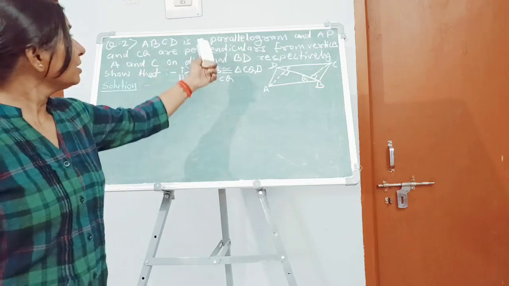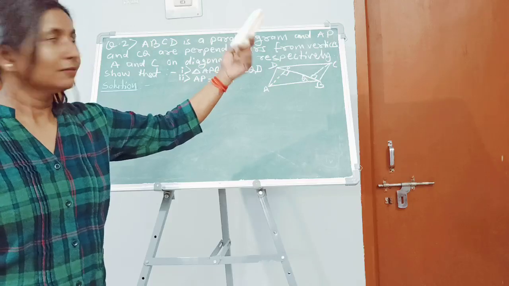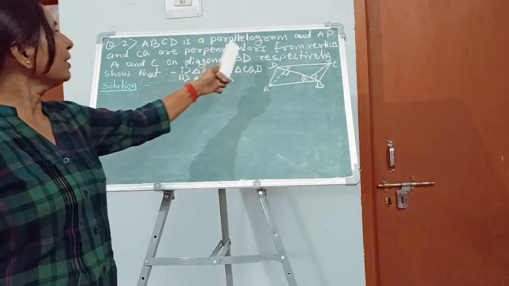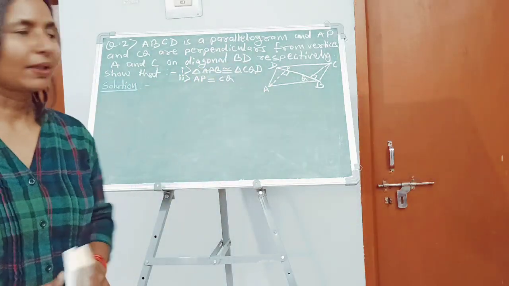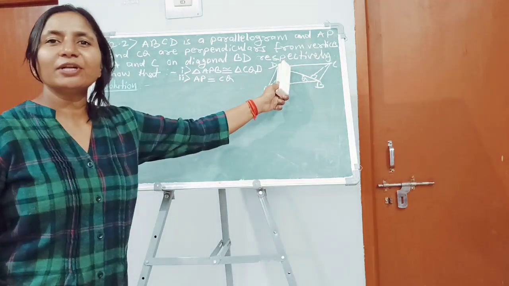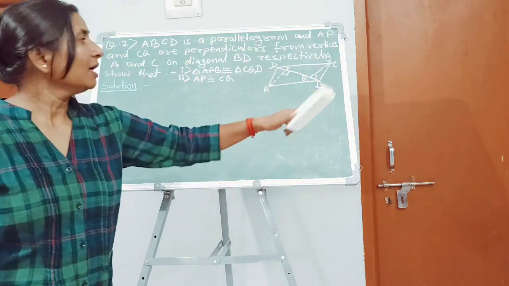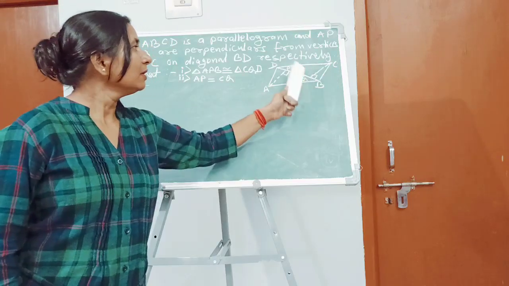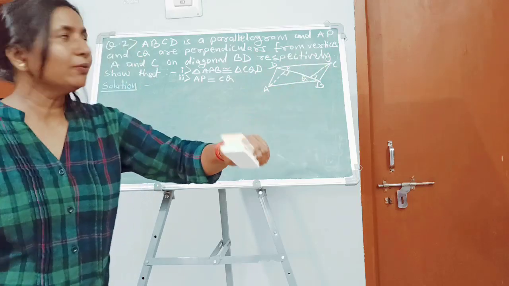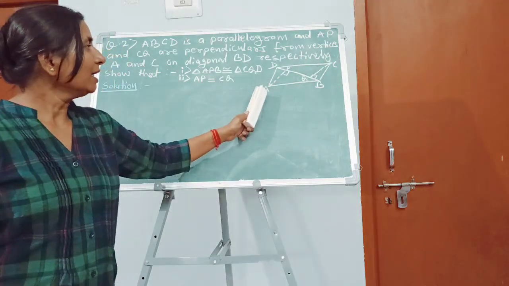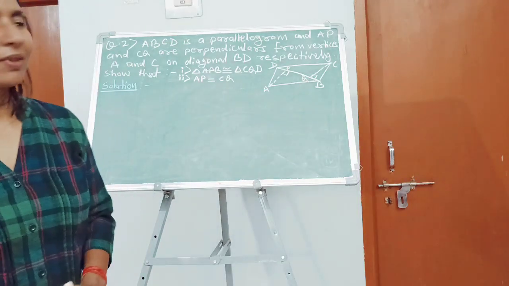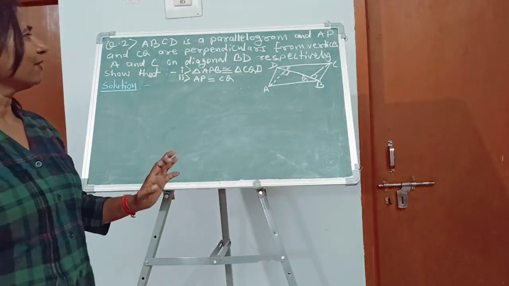What you have to remember? The properties of parallelogram. And AP and CQ are perpendicular from vertices A and C. This is vertex A. So here a perpendicular has been drawn on this, which is AP, and similarly another perpendicular is drawn here from C to diagonal BD and this is Q. So CQ is one perpendicular drawn from the vertex C and AP is one perpendicular drawn from vertex A to the side BD.